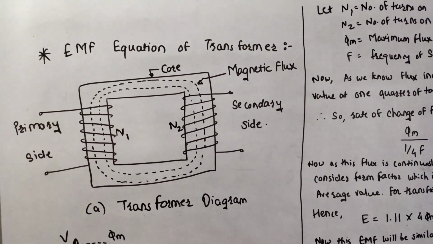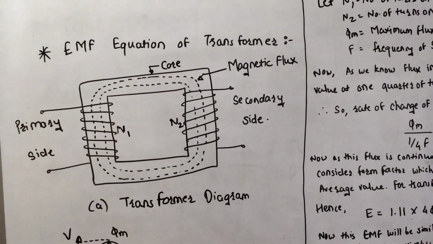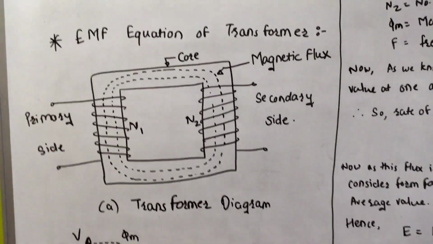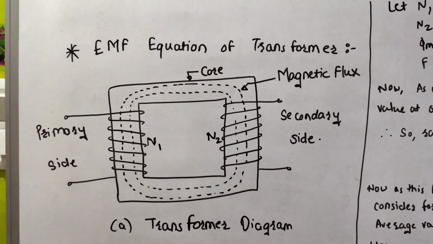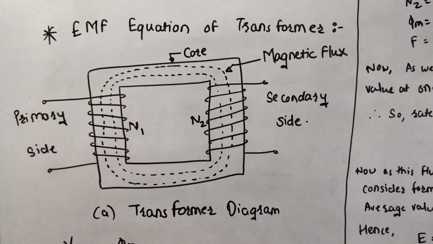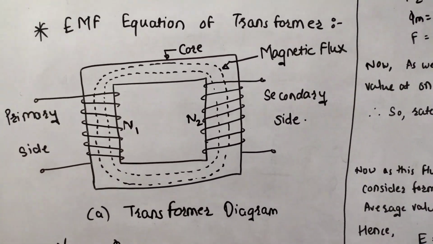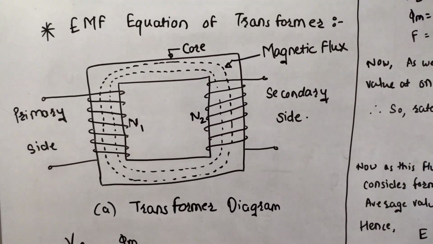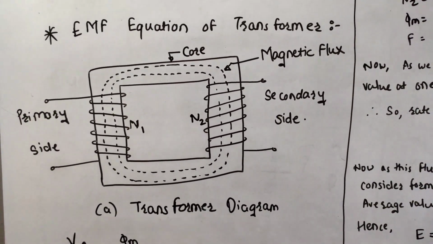So hey guys, in today's lecture we are going to see the EMF equation of a transformer. For this EMF equation, firstly we need to see what exactly the transformer means. Now basically, what is the definition of a transformer? A transformer is a static device which transfers energy from one side to the other without being electrically connected and without changing